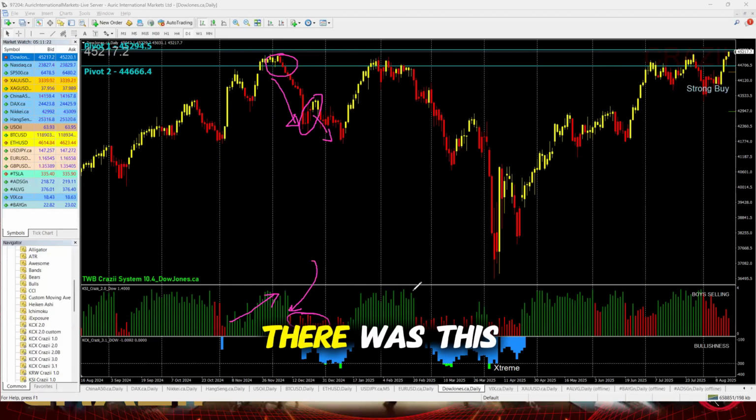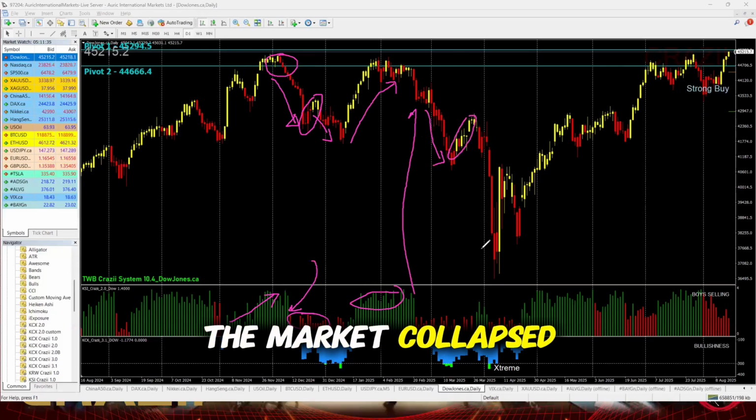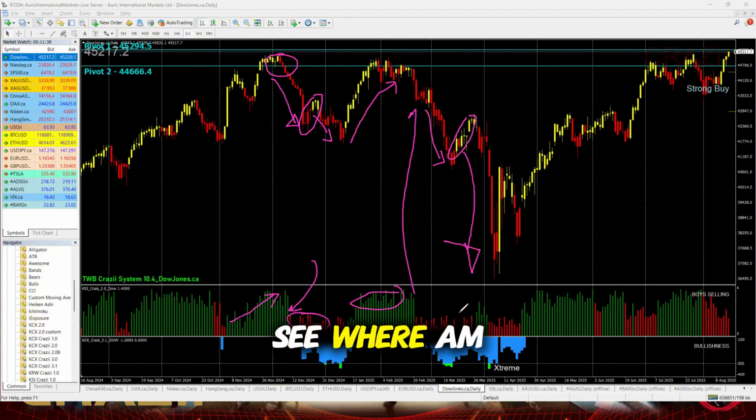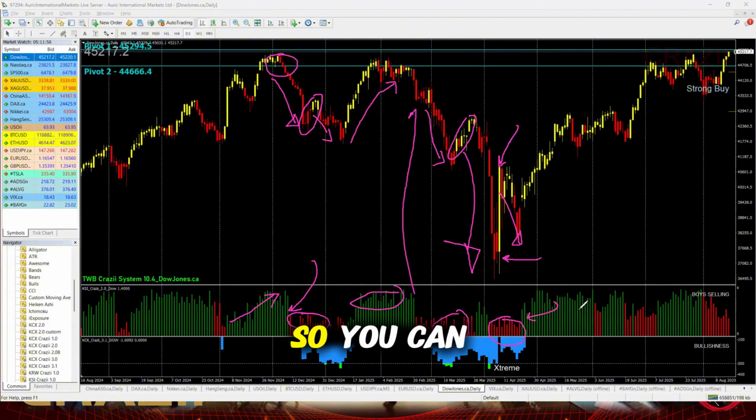Okay, let's try it again. There was this period of time it went green, price goes up, fair enough. Then it turned red, and then this happened, right? And when it was here, when the market was recovering, everybody thought the coast was clear, and the market collapsed. Got the idea now? Okay, so you can see where I am coming from. Same thing again, when the market was collapsing, there was a very strong day where the market reversed, wow, nearly 1,000 points, 2,000 points, 3,000 points in a single day. And then after that, the boys were still selling like hotcakes and the price came down until the boys came in. Okay, so you can see now what I am explaining here.